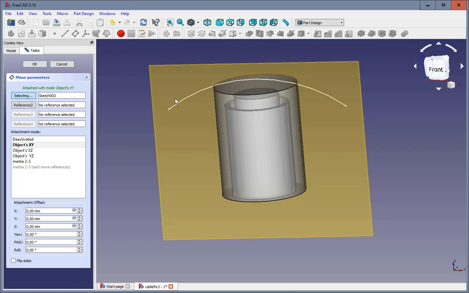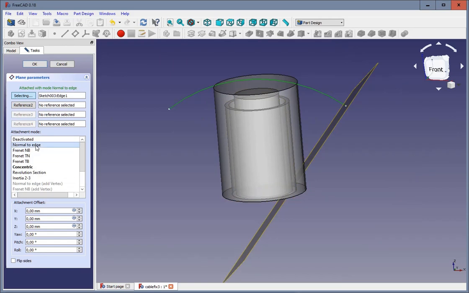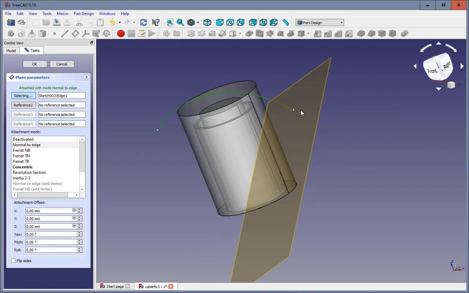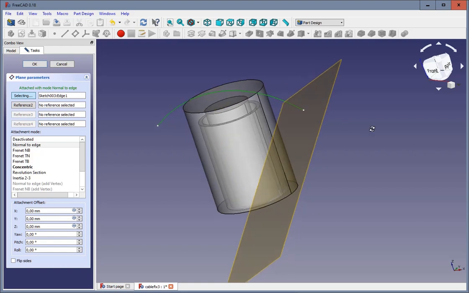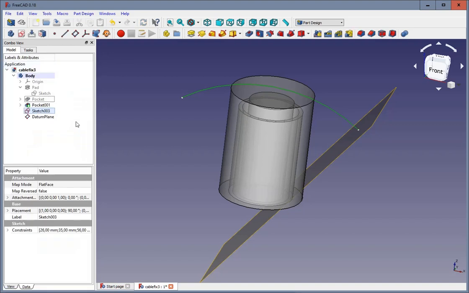So it wants this last selected sketch, selecting this line, and we need to define how it should be in space, and that's normal to the edge. Normal to the edge means that the arc goes out of the datum plane perpendicularly, and that's what we need for our sweep later on. We click OK,